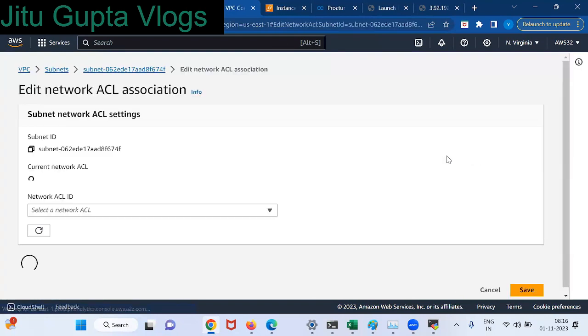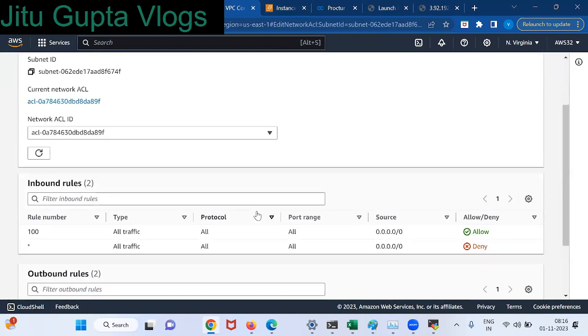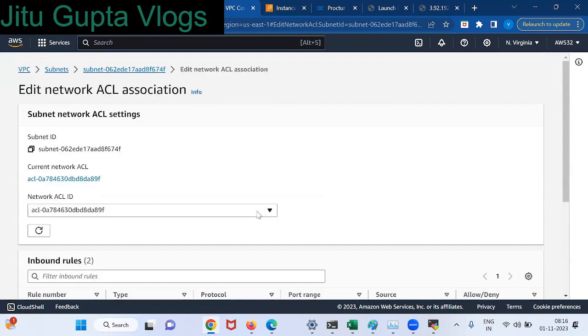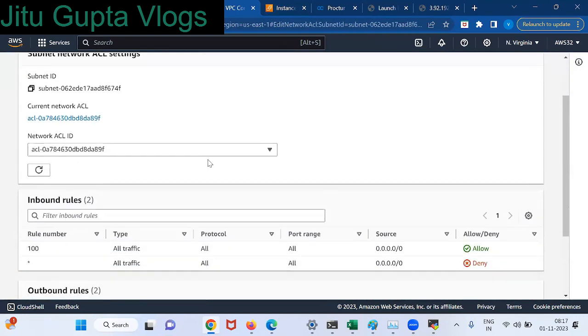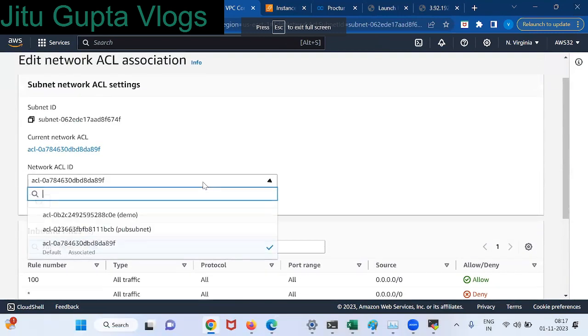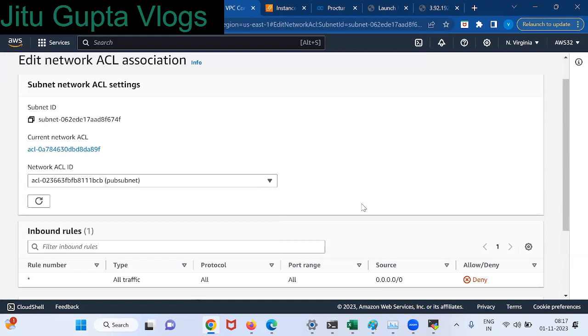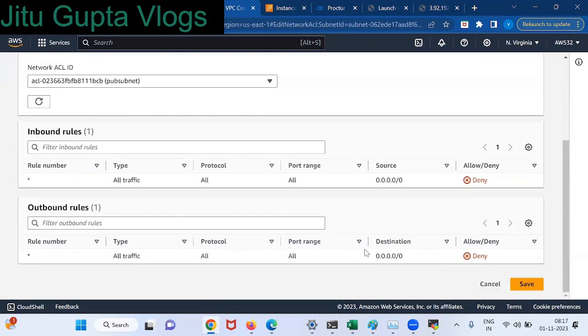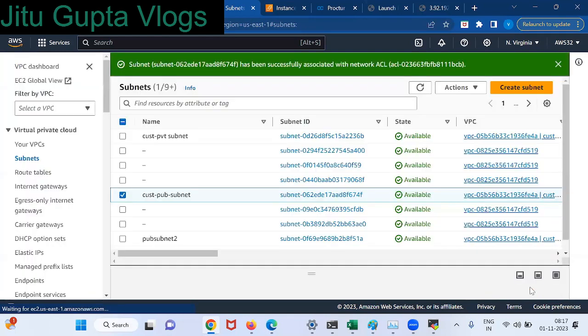Edit network ACL association. Okay, this is the public subnet, right? 100 allow, 100 allow. So if I change the public subnet to deny, right? Okay, I have added it to the public subnet, right?